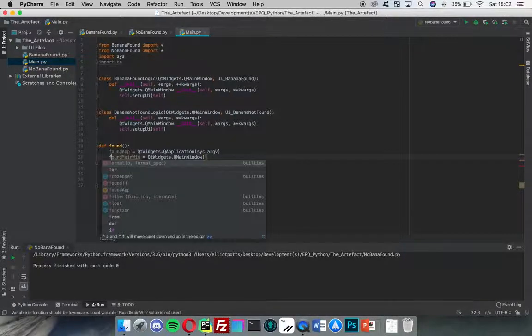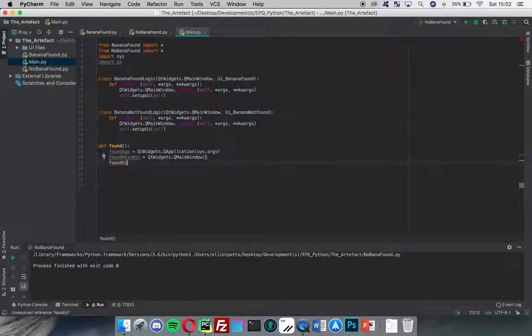Probably shouldn't just randomly capitalize things, otherwise I'll forget about the uniform. I'm going to do BananaFoundLogic, and then I do found_ui.show